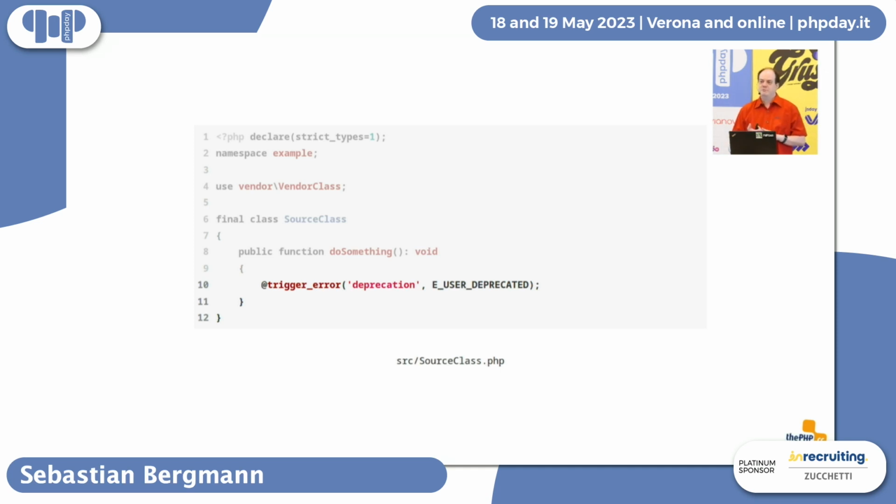There are a couple of big, well-known, popular open source projects that use this pattern to mark methods as deprecated. Symfony does that, TYPO3 does that, other open source projects do that. So what they do is they call trigger_error with a deprecation message and the type E_USER_DEPRECATED, but they put the at sign in front, the error suppression operator,